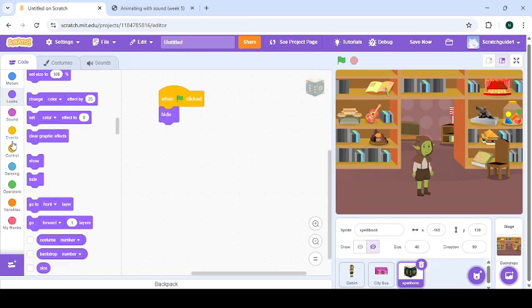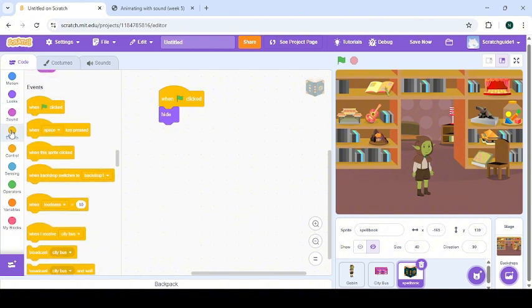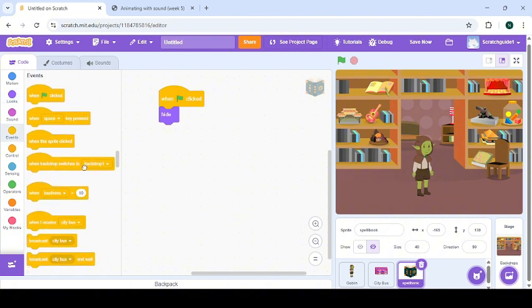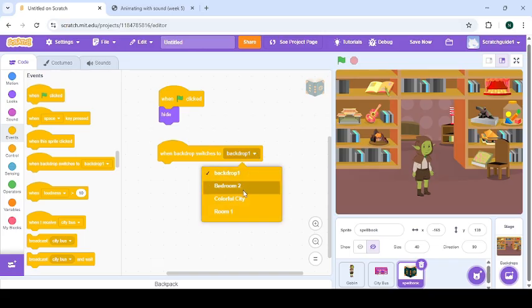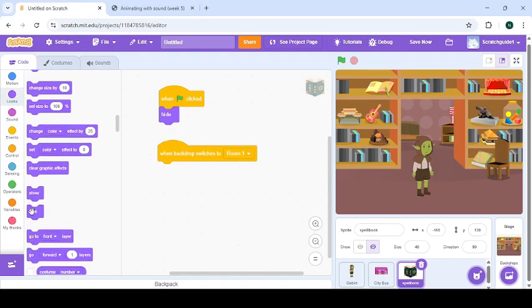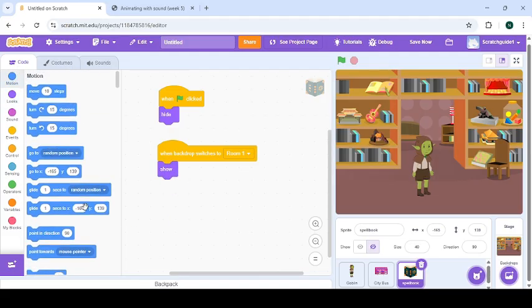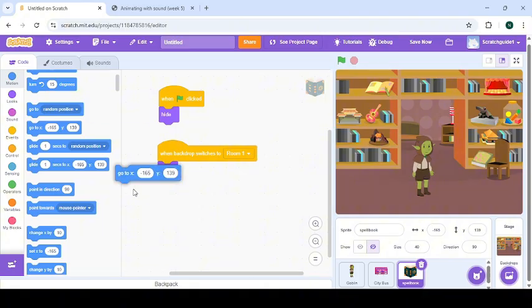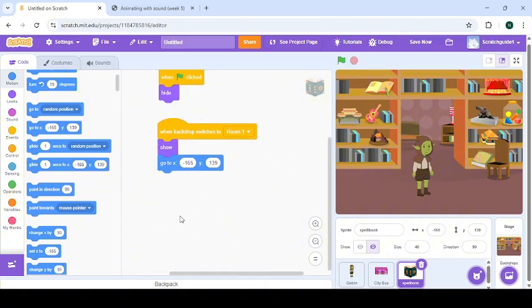When I receive, or when backdrop switches to room 1, show, take this particular position, and